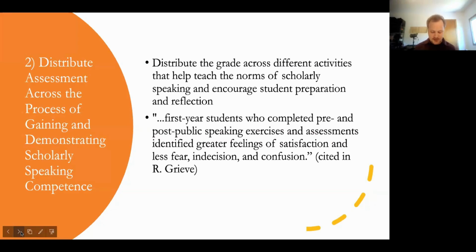That's what we want to promote: a scholarly speaking pedagogy that distributes assessment across that process of gaining and demonstrating scholarly speaking competence. So here again, we aim to reduce student anxiety by taking some of the grading weight off the presentation. In my own classes last term, I had a research symposium presentation assignment, and that was worth